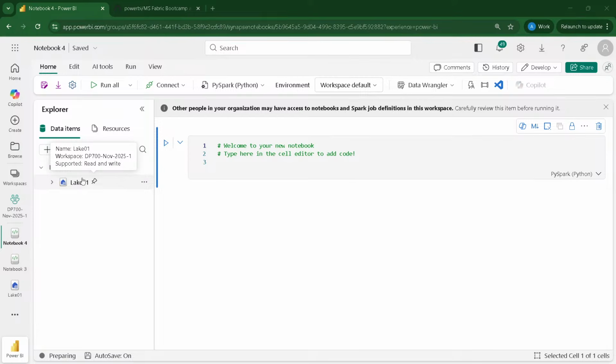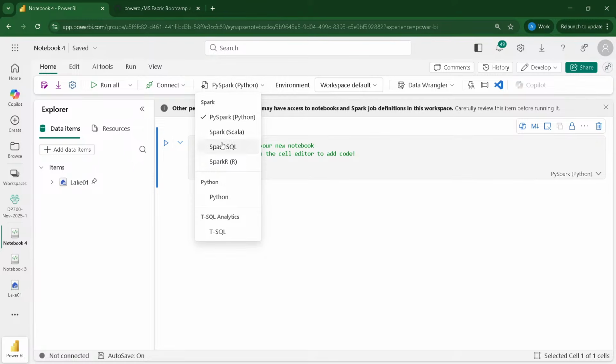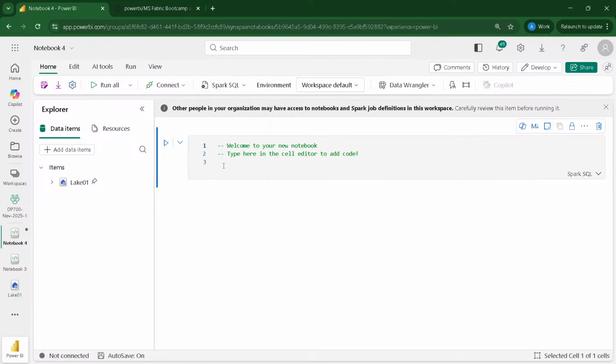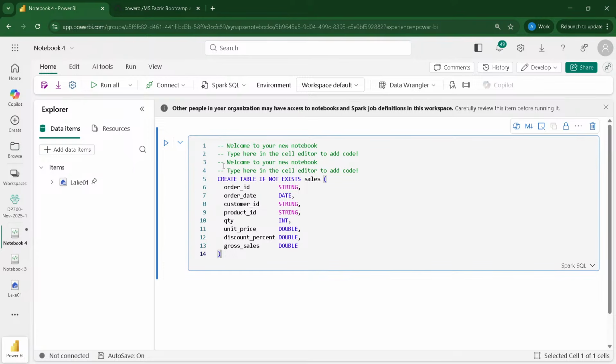So again, it has by default attached a lakehouse. I would definitely like to understand this, because I know T-SQL is not going to read, write, or create tables for me, but can Spark SQL do that? What I'm going to do is change the language from the top so the entire session becomes Spark SQL, and I don't have to change it again. You can change between PySpark and Spark SQL wherever you need, but prefer using a single language in a particular node.